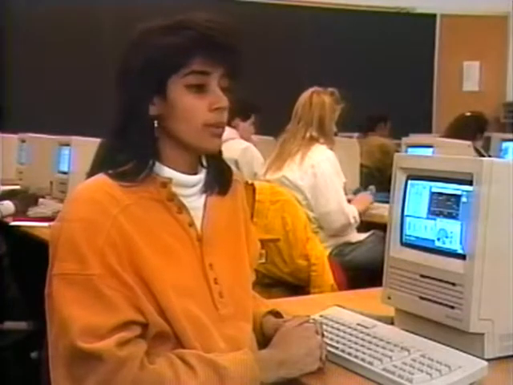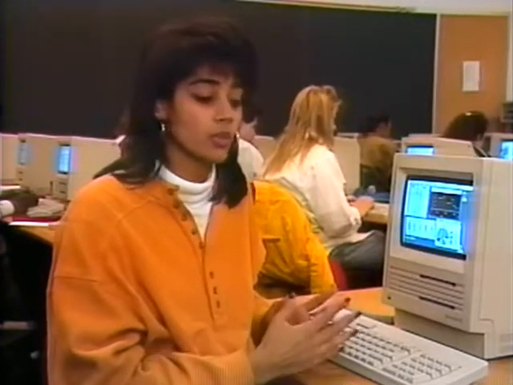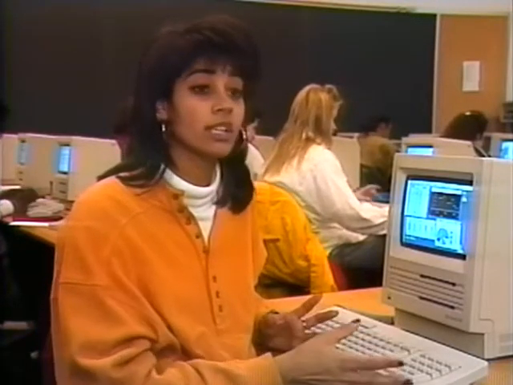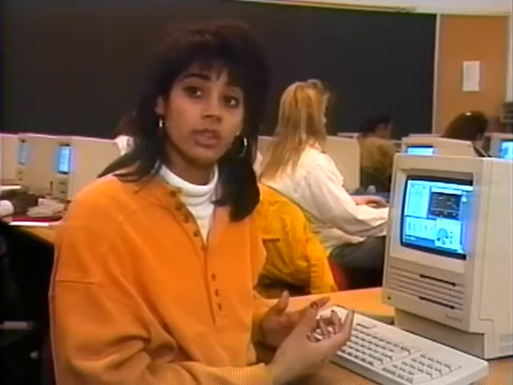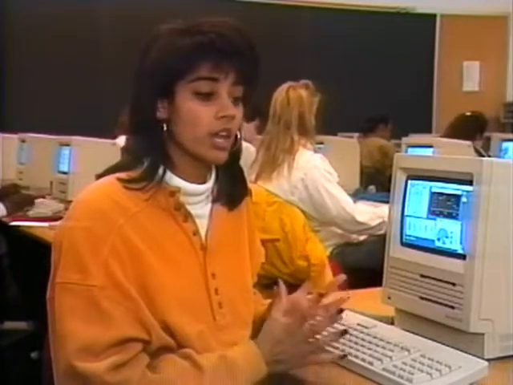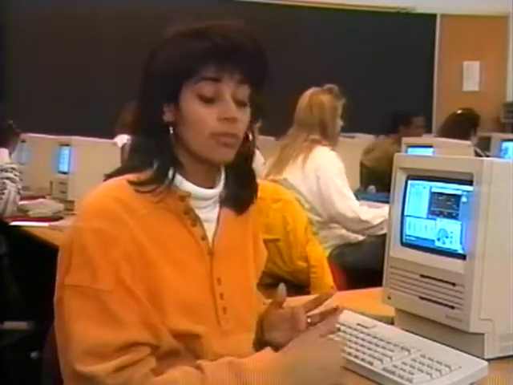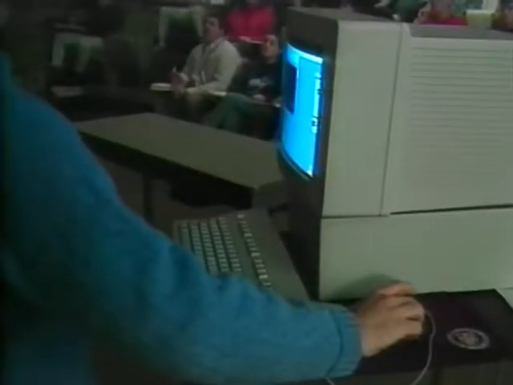A main benefit would be learning the concepts of statistics, whereas some professors just want you to learn the mathematics behind everything. Like, you know how to calculate it, but you don't know why you're calculating it, and you don't know what the effects are and what the consequences are. And with DataDesk, you learn the consequences, and you learn statistics as a discipline instead of just doing numbers. And now if I let go of the mouse, you'll see the histogram will redraw with fewer bars. And in this case, that makes things clearer.